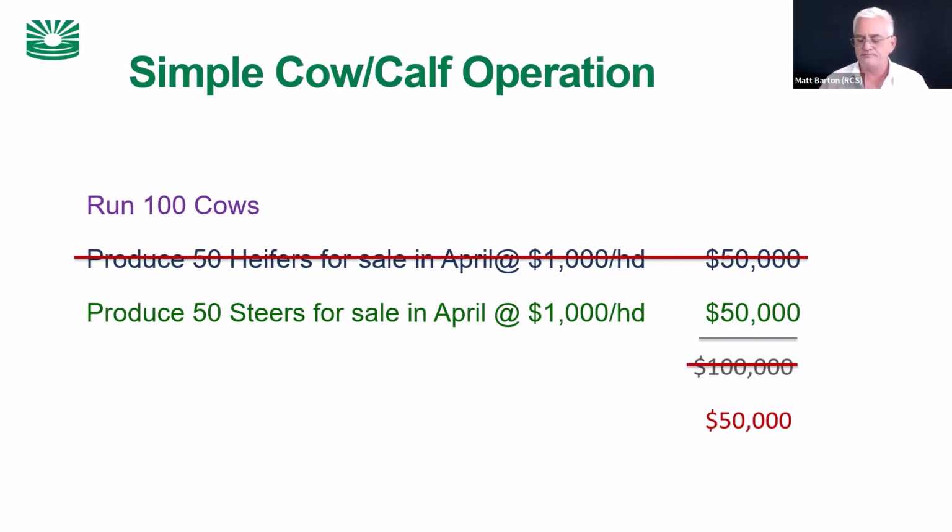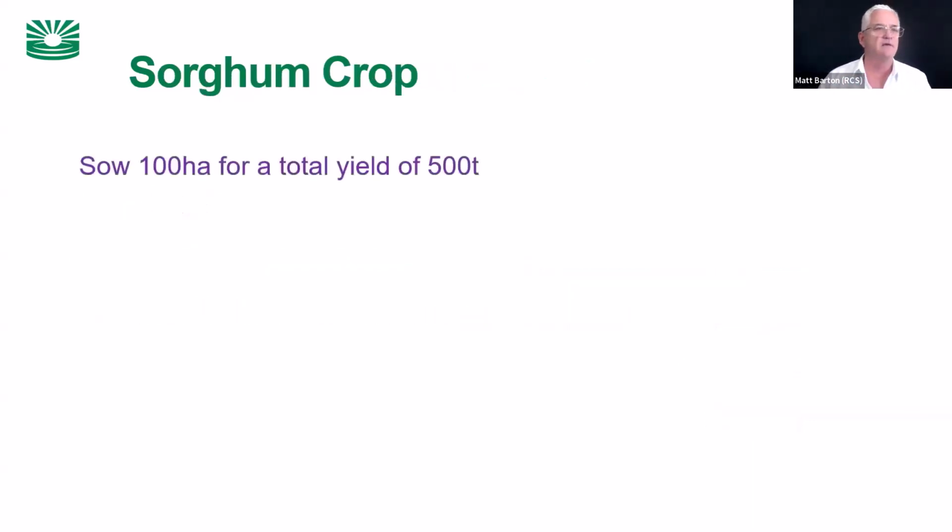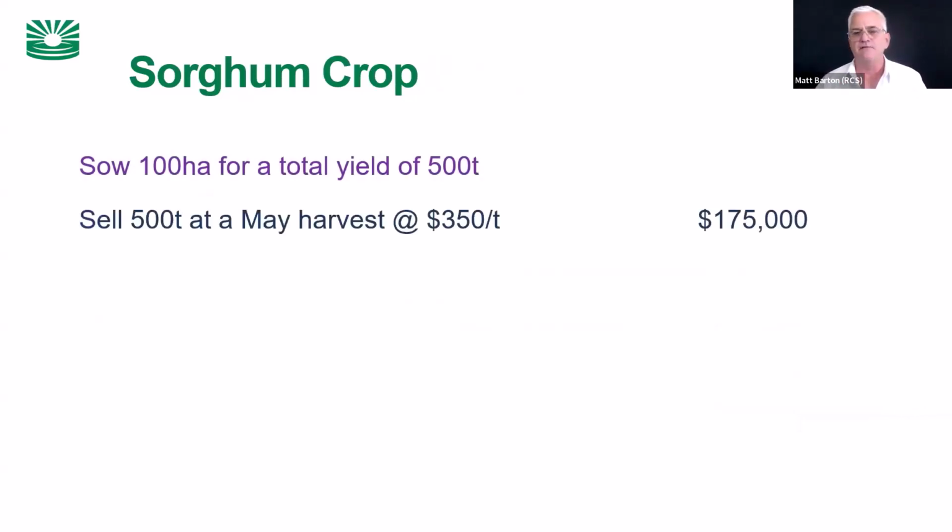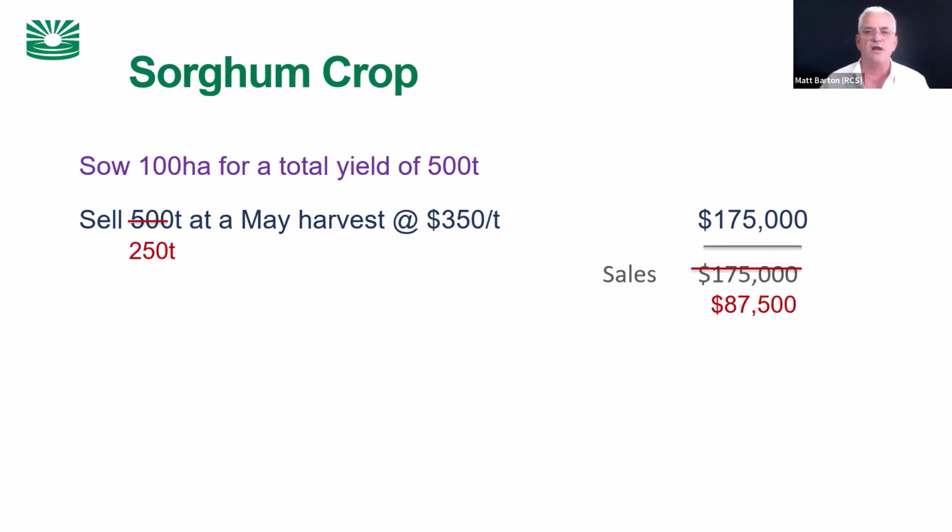Same with cropping. Sorghum crop, we've got 100 hectares, yield of 500 tonnes. We sell it for $350 a tonne. So our gross product in cash terms is $175,000 if we sell it all at harvest. We don't like the price at harvest, so we only sell half and we keep 250 tonnes. Then our gross product in cash terms halves. Is that business or is that gross margin losing money? Absolutely not, because we've got it sitting in the silo at home. So we're not only measuring the cash, but we're measuring what is physically happening in the paddock or the silo.